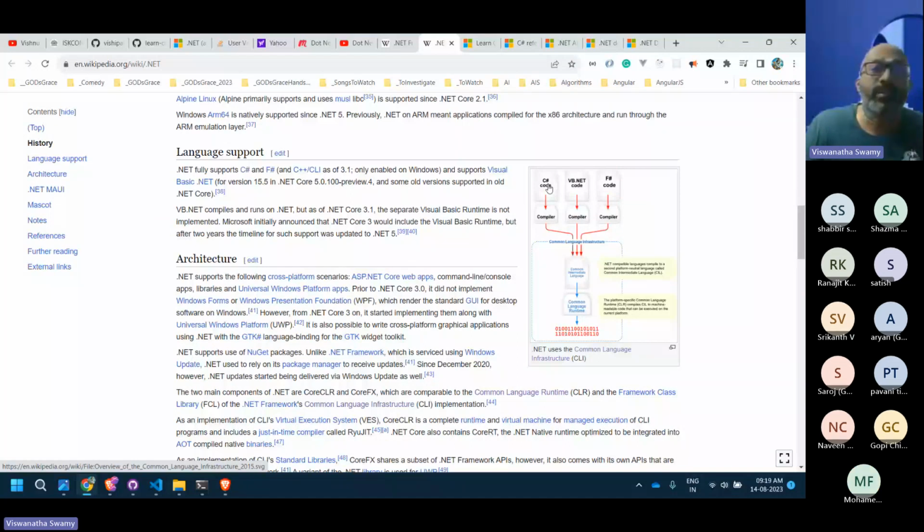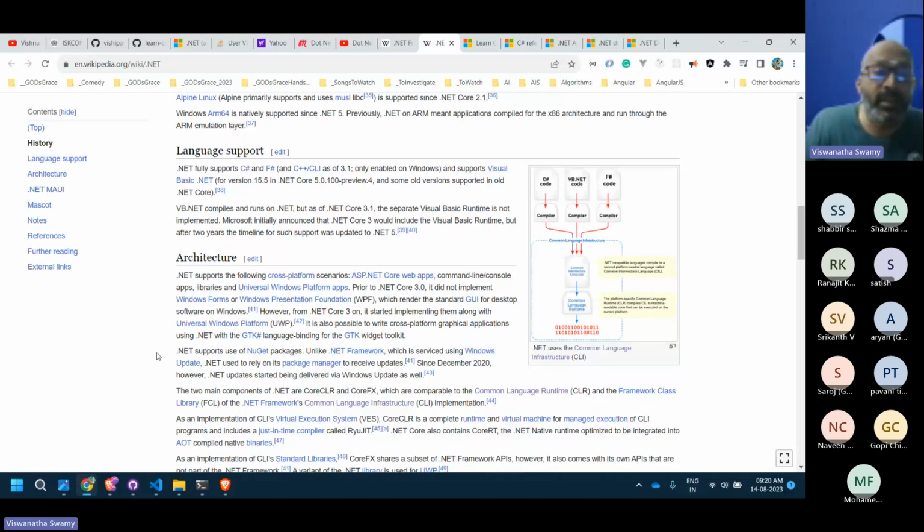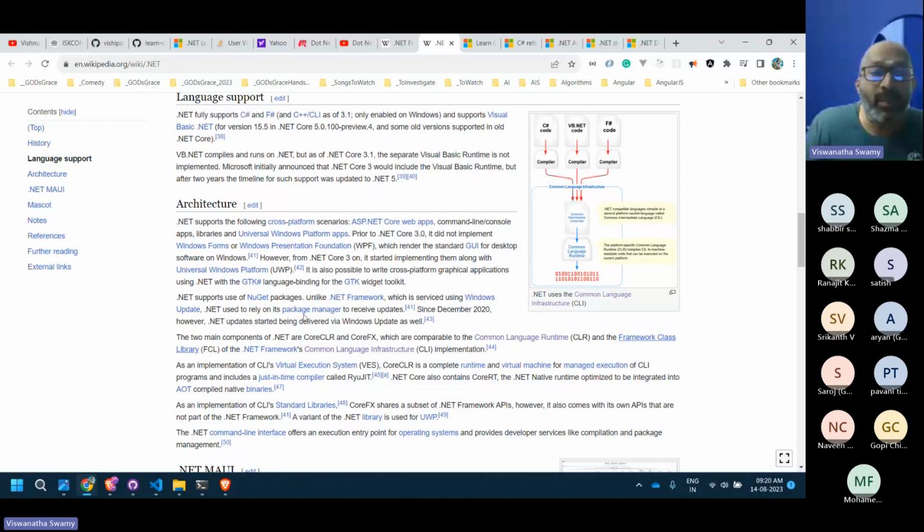and there is a compiler called Roslyn. So the Roslyn compiler will read the C# code and create the intermediate language. And the common language runtime has the compilation process that takes this intermediate language and converts that into binaries, zeros and ones, the machine understandable language. So we'll see all this process in the next episode. Today we will set up and we will do some programs, a couple of programs, and we'll understand the internals. So this is called just-in-time compilation.